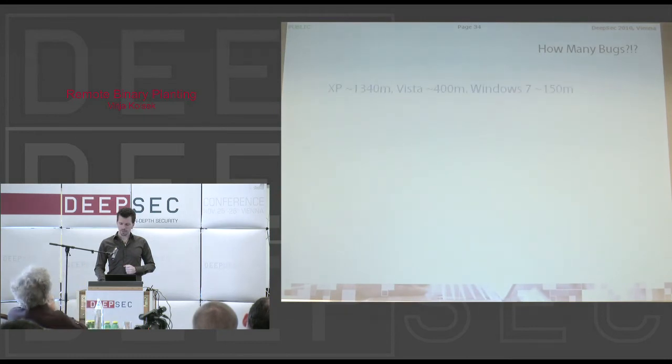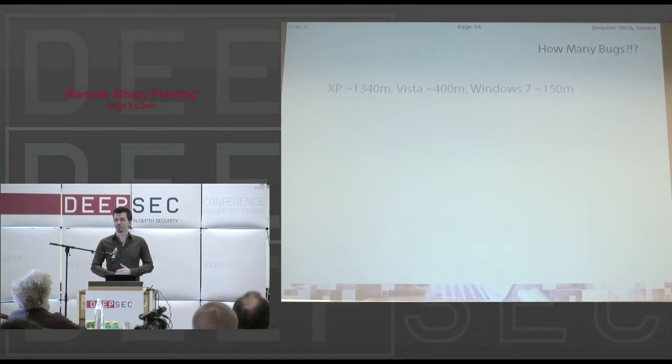So how many bugs, we said, 100 billion? How do you get that number? Okay, out of all the vulnerable applications that we found, we took about the 20 most widely used ones, and we tried to find the install base for these applications, and just multiplied that by the number of bugs we found in them. Just Windows operating systems have a pretty huge install base, combined about 2 billion. Well, you could argue about it, but it doesn't matter if it's 100 billion or 50 billion, it's a lot. If you put it in euros, well, that'd be nice.